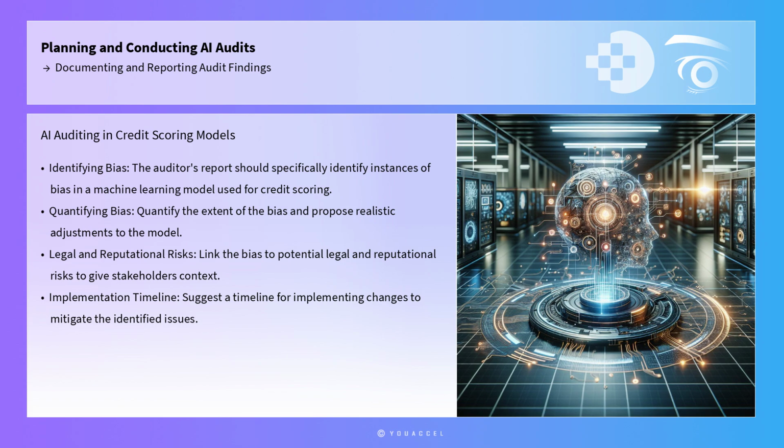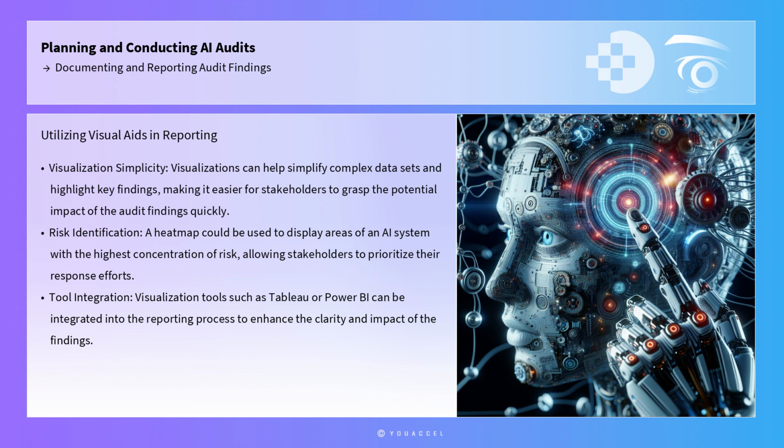to mitigate it. Another practical tool is the use of visual aids such as charts, graphs, and dashboards. Visualizations can help simplify complex data sets and highlight key findings, making it easier for stakeholders to grasp the potential impact of the audit findings quickly. For example, a heat map could be used to display areas of an AI system with the highest concentration of risk, allowing stakeholders to prioritize their response efforts. Visualization tools such as Tableau or Power BI can be integrated into the reporting process to enhance the clarity and